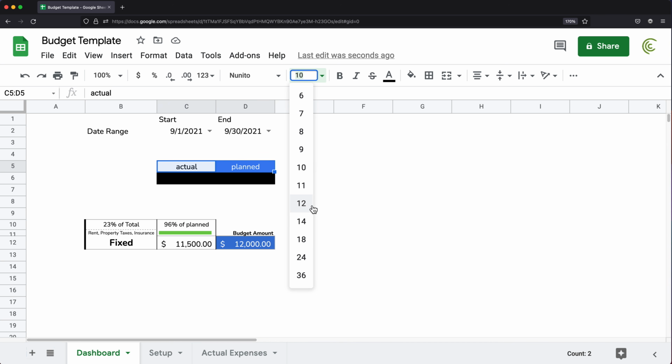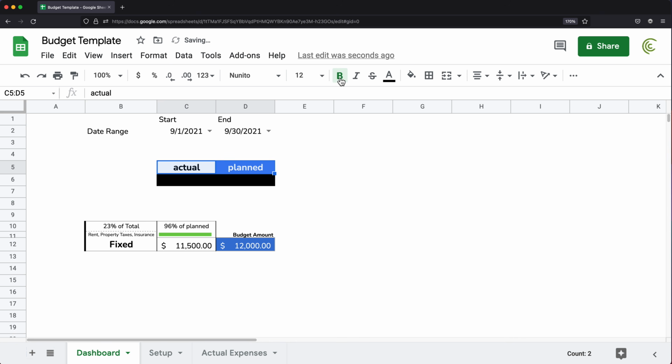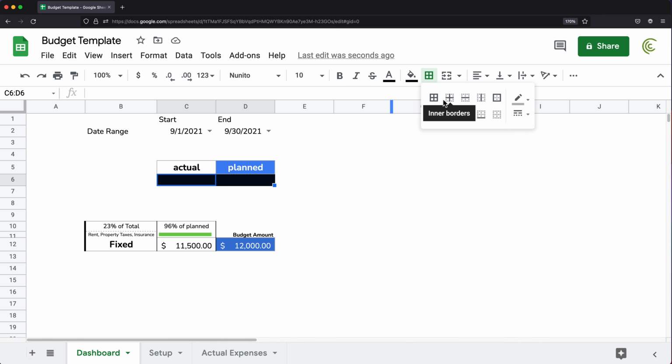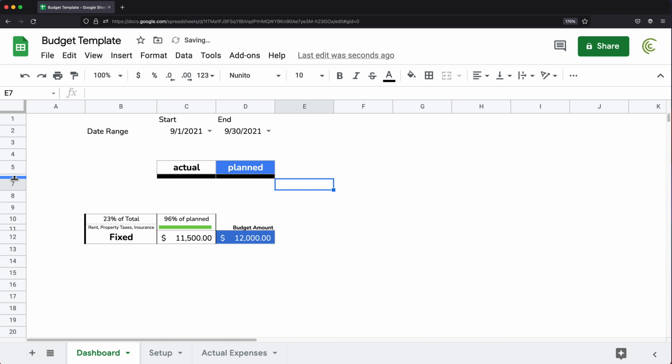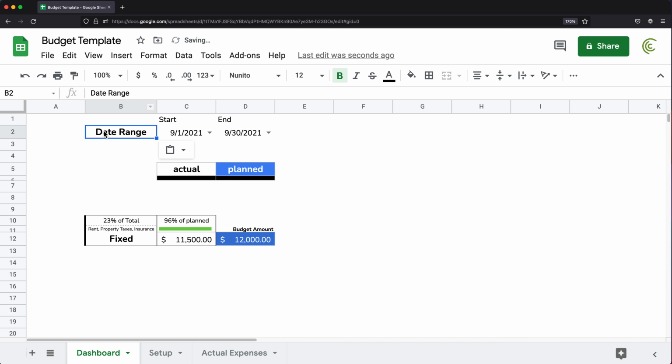Make the font size larger for both of these. I'm going to choose something like 12. Make it bold. I'm going to add those borders to this as well, because right now it looks like a solid black line. But if we add some gray borders to this, it should be a little better. And then I'm just going to make this kind of small like that. And I should apply something of this sort to this part as well. So I'll take this, paint this one,